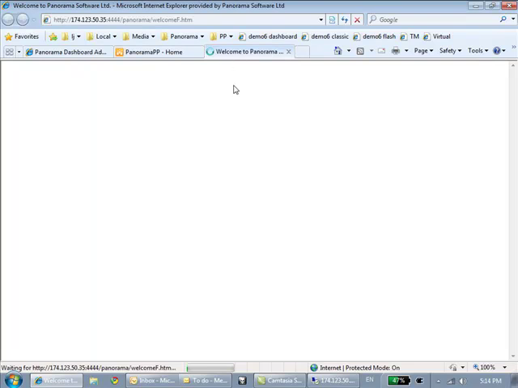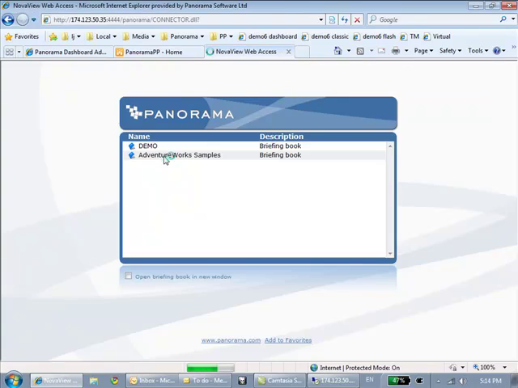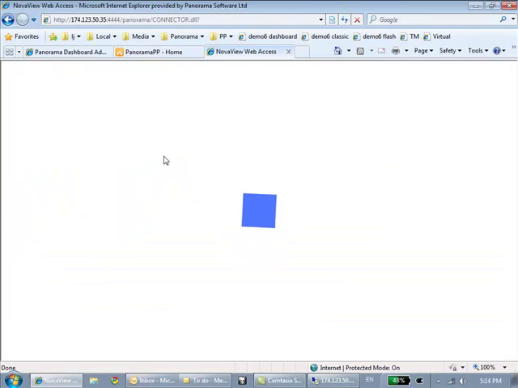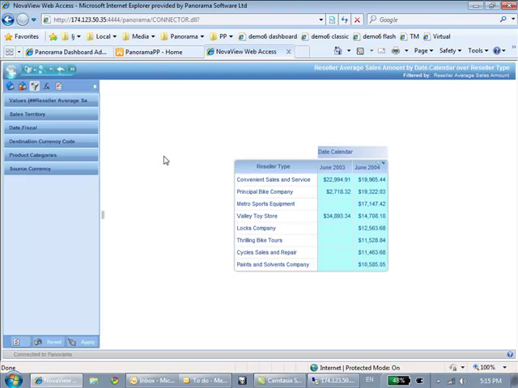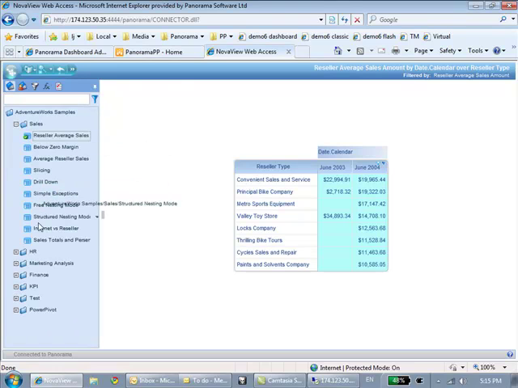We'll use NovaView Flash Analytics and we'll pick just any briefing book to start with. The briefing book already shows some data. There are some views against maybe relational data sources or analysis services, and what we'll do is go to the NovaView wizard,